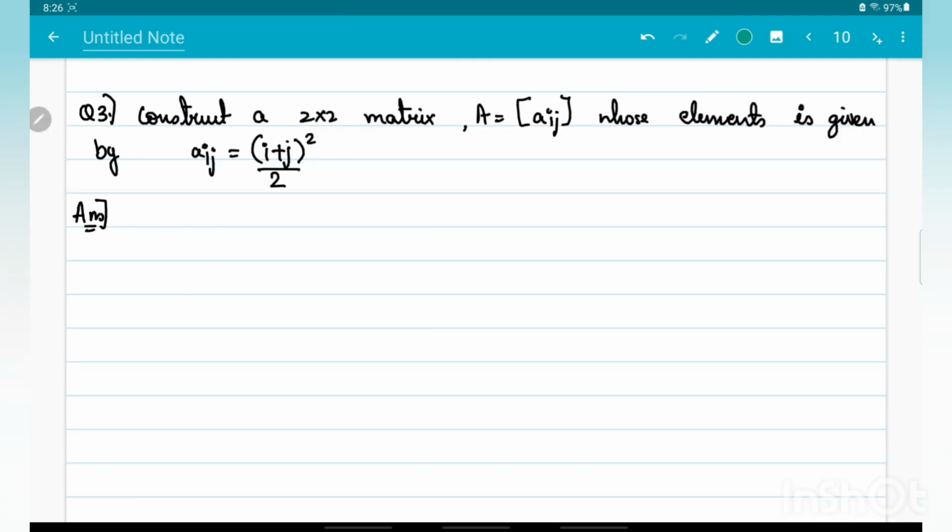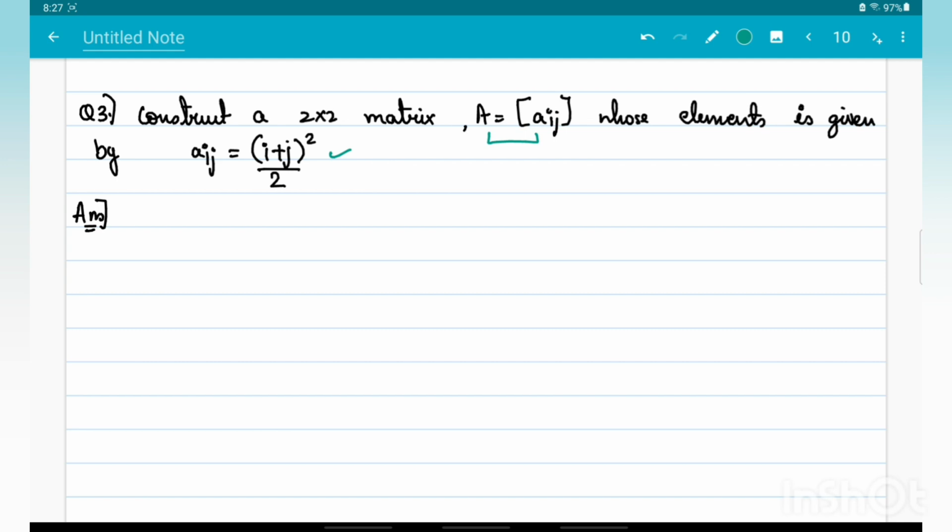Okay, so now let us see our third question. In this question they are asking us to construct a 2 by 2 order matrix, in which the element A is, this is a general form of element. You know that suppose the matrix A is there, it can be noted in the form of Aij, where Aij can be the different elements. They are basically the names of the elements. And the relation of this Aij is given as (i plus j) whole square by 2. So this relation is given to us, and they are asking us to construct that 2 by 2 order matrix.